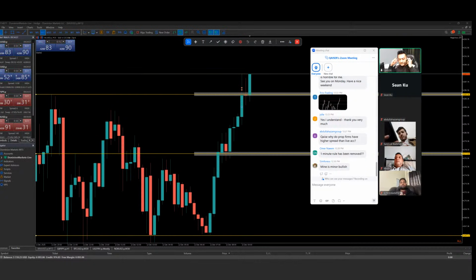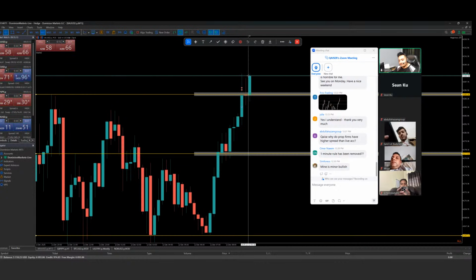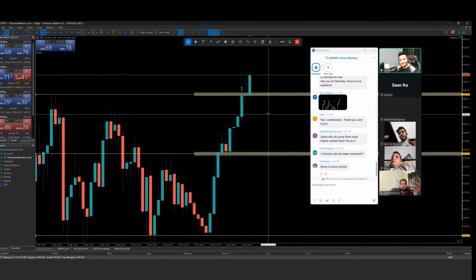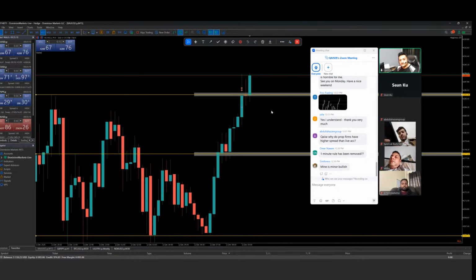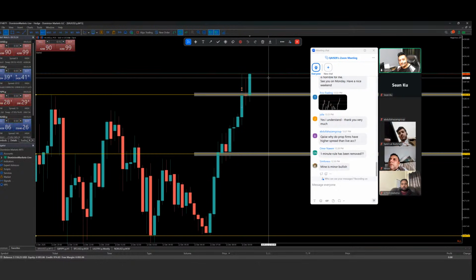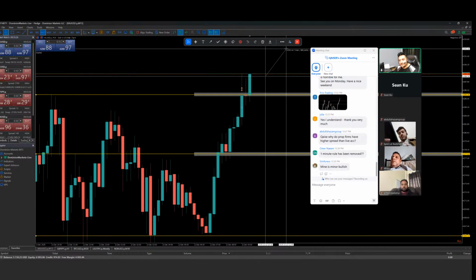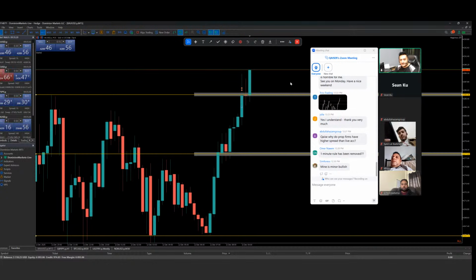Wow, look at this one. It's breaking above the high now. Very nice. I think we are heading towards the opening of the London session. It might keep pushing to the upside now. If we break above this high, it could go with a direct $5 increment, something like 93, something like that.